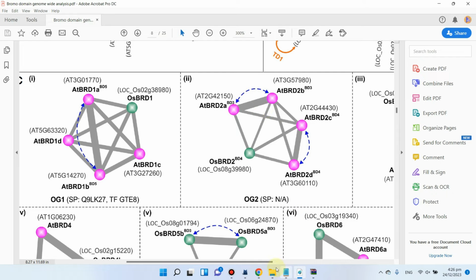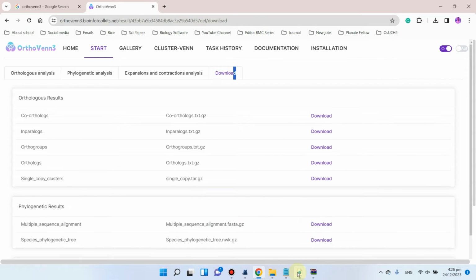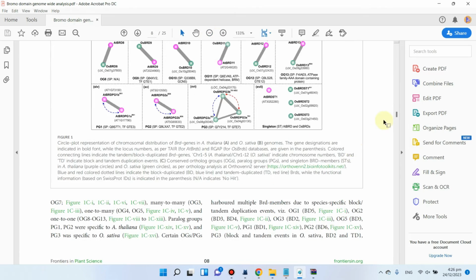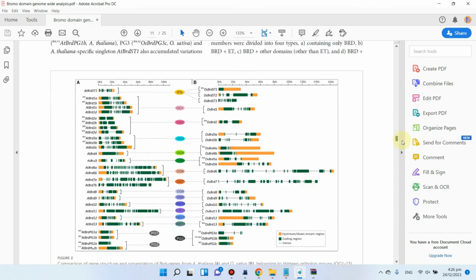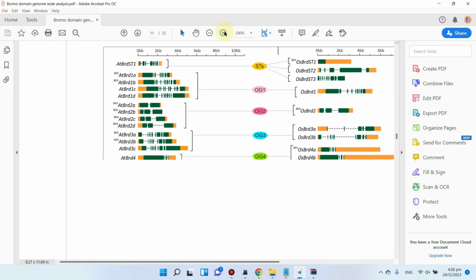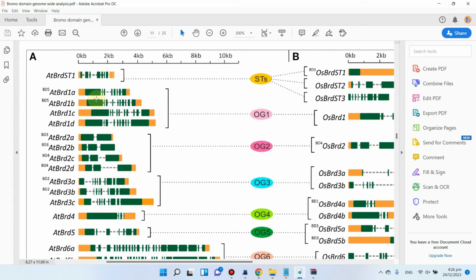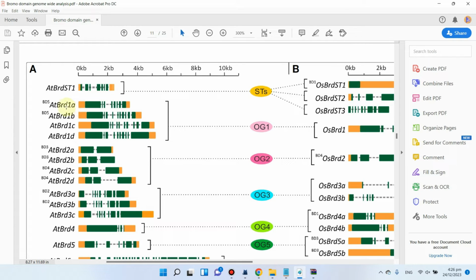If I can take you to this example, the first group they have divided. Let me zoom in. There were 4 genes, you can see these 4 genes. We have now actually given them names. This was ATBRD1, because it belongs to orthologous group 1.